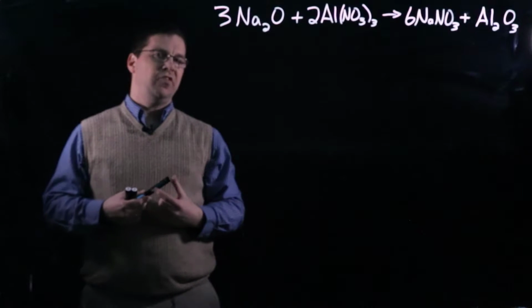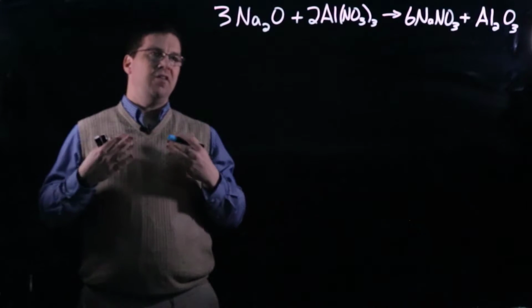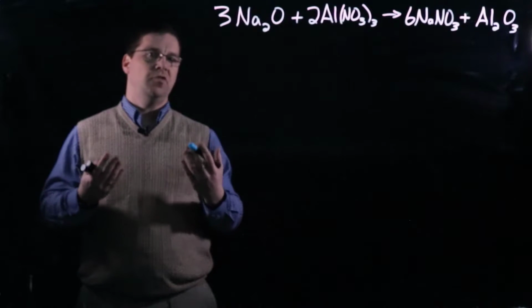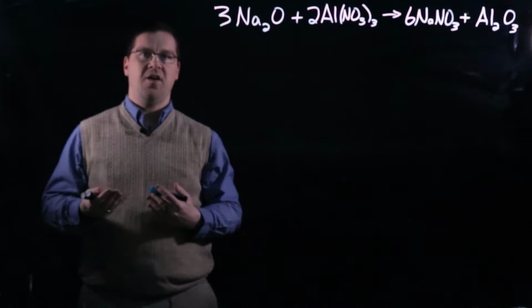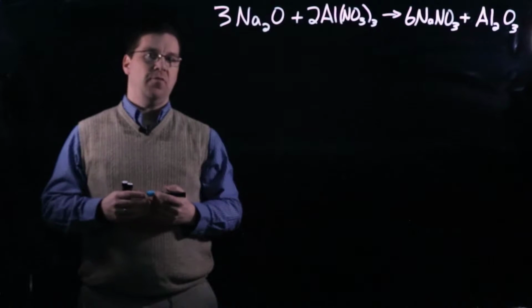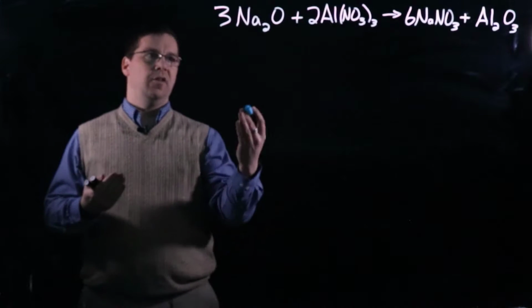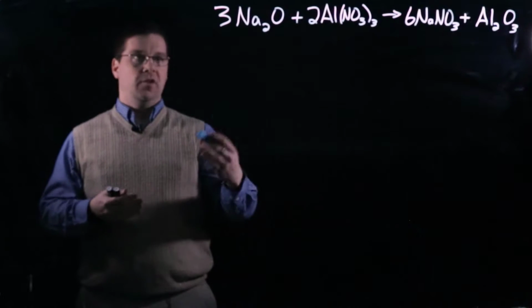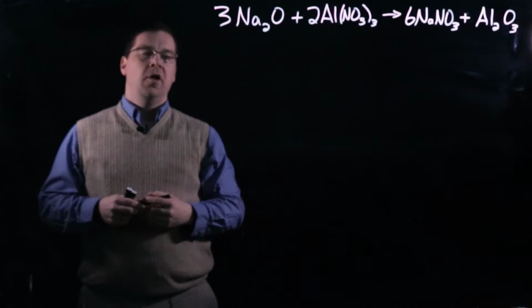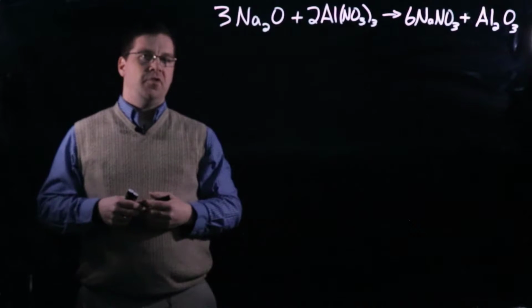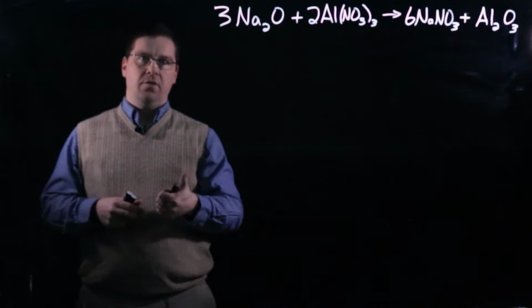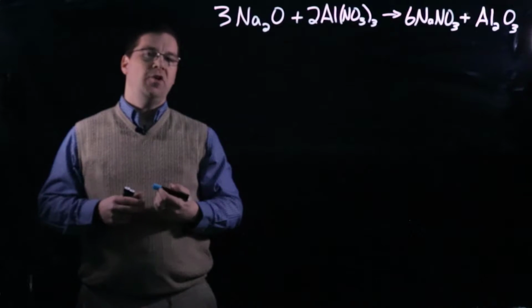But when we're dealing with solutions, we can't deal with just the volume that we have, because solutions are mixtures. Mixtures by definition have variable compositions. So you could have a very dilute solution which doesn't deliver a whole lot of your reactant, or you could have a very concentrated solution which delivers a considerable deal more. So when we are dealing with stoichiometry that involves solutions, we need to know two things. We need to know how much of it, the volume that we are adding, and we need to know the